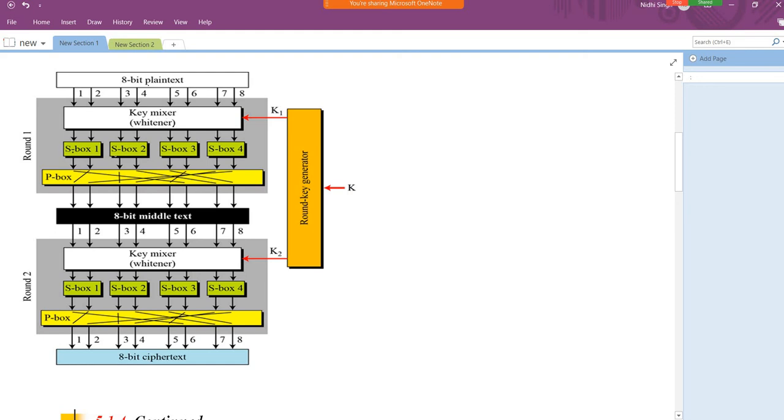We have to use some other components like S-box table for the substitution. For the permutation, we have utilized P-box. There is a round key generator over there, which is using the cipher key. Here is a cipher key as an input. From the cipher key and along with some components, it has to generate the key for different rounds. Different unique key for different rounds. So round number 1 uses K1 key, round number 2 uses K2 key.